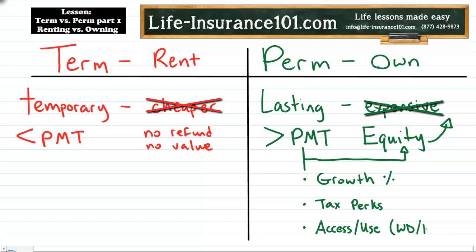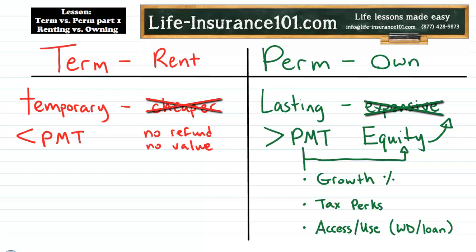Now, there's also a loan provision that comes with every permanent life insurance policy. This is a contract that you set up with the life insurance company when you take out the policy. Basically, they agree to hold your equity as collateral and lend you money at very favorable and flexible terms without any credit checks, without knowing any reason. They will loan you the money.